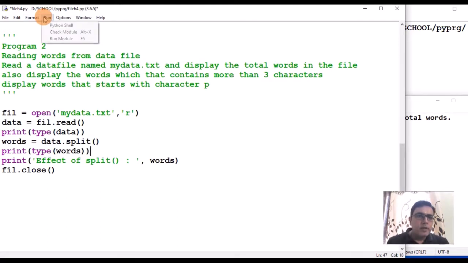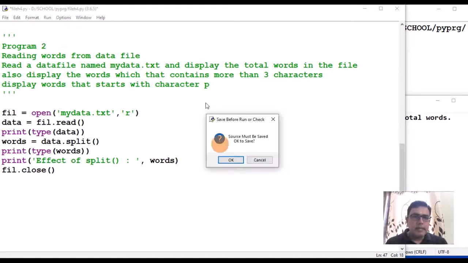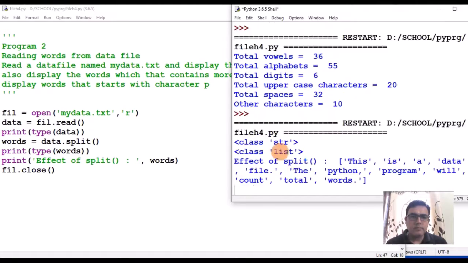Let us run it. Now see here, the first print statement was type of data. Type of the variable named data is str, right? Then the second statement is here, type of words. So type of words is a list, right?